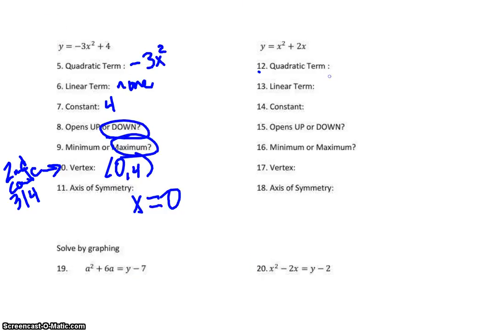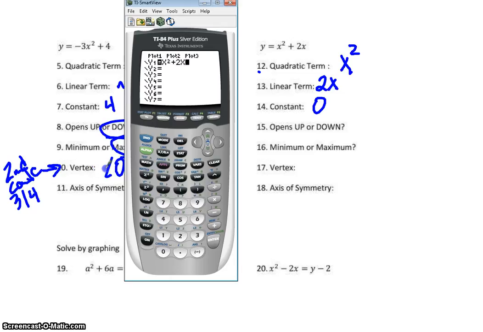Going to the back, we have lots going on. When you have a hole, remember that meant that something canceled. So if my hole is at 3, that means I've got to have an x minus 3 on the top and on the bottom. If I have a vertical asymptote of 6, that means I have an x minus 6